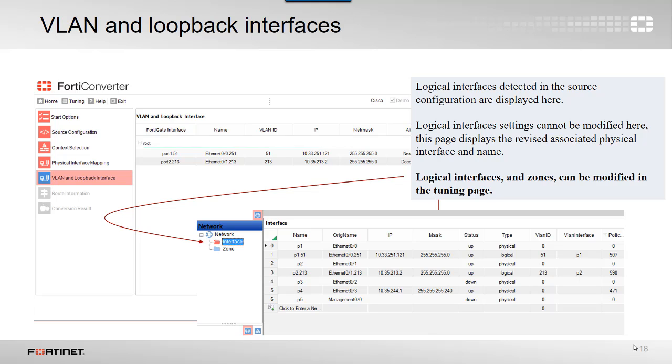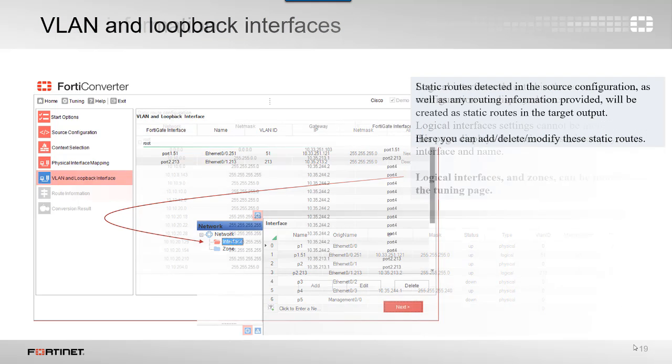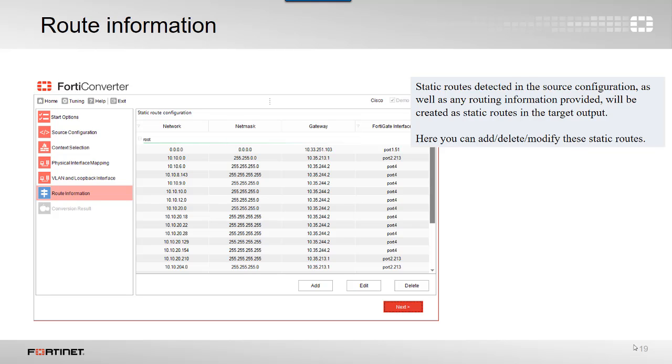Okay, so here we see in the policy tuning how we select network objects and we can modify the interface type. So routing information is recovered from the configuration, and optionally you can provide additional routes taken from the routing table which will be passed. All this will be listed here for VDOM, and you can also edit, delete, add, modify this routing information